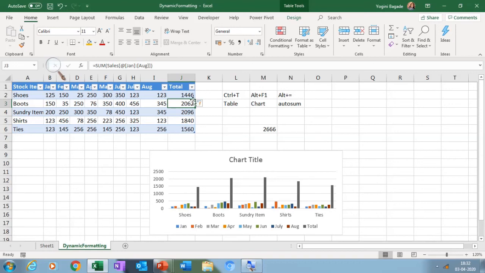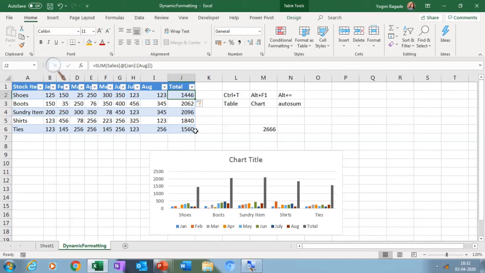Generally, if we apply a formula here, then we drag it down, but with table you don't need to do this. If you apply a formula here, it will apply to the entire column.